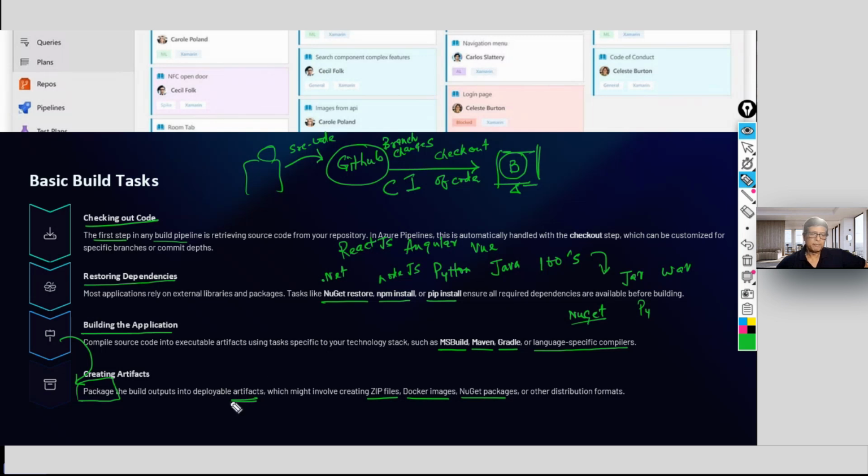This will be in form of artifacts available in the artifactory. Is there any questions? So these are the various steps: check out the code, restore the dependencies, build the application, and create the artifacts. That is, you package it for release, for delivery and deployment.